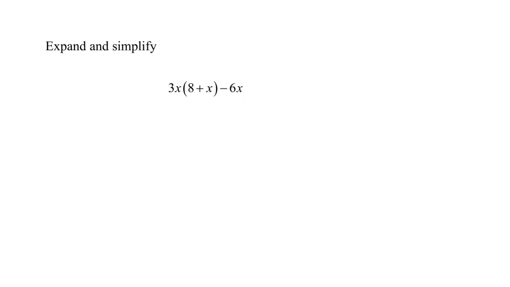Okay, I see a 3x multiplying by this bracket 8 plus x. So the first thing will be to apply the distributive law of multiplication. I will get 24x positive 3x squared. I still have a minus 6x outside of this expression. After which,